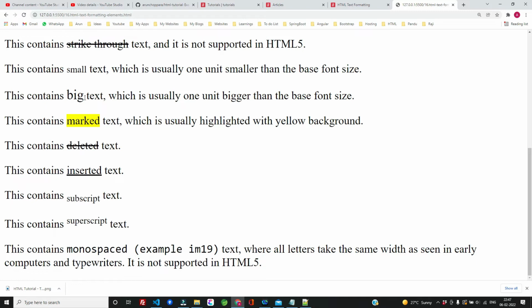The next one is big text. The next one is for marked text. So this is how the marked text will be displayed, with a yellow background for the content that is encapsulated within that marked text tag. The next one is for deleted text, inserted, and this is for subscript, and this is for superscript. And finally, this is how the monospaced text will be displayed, where